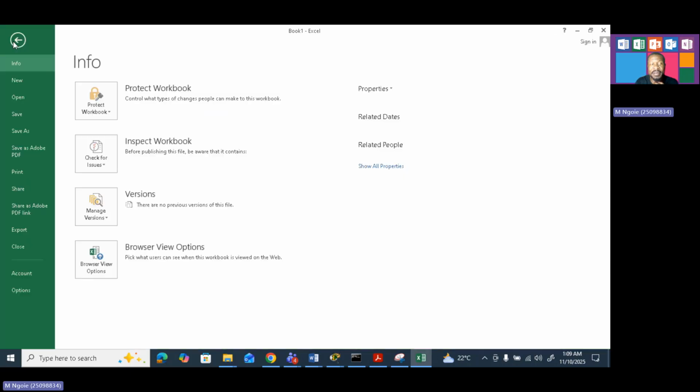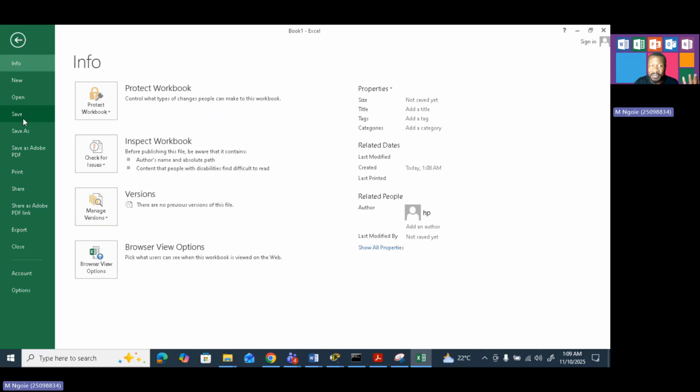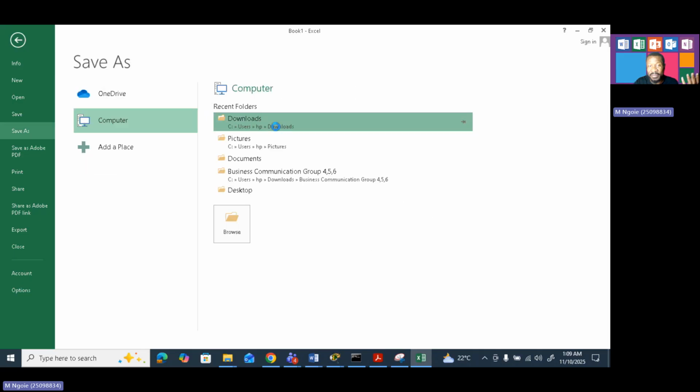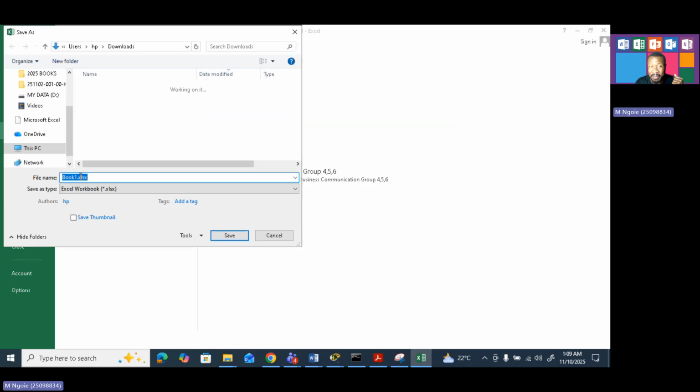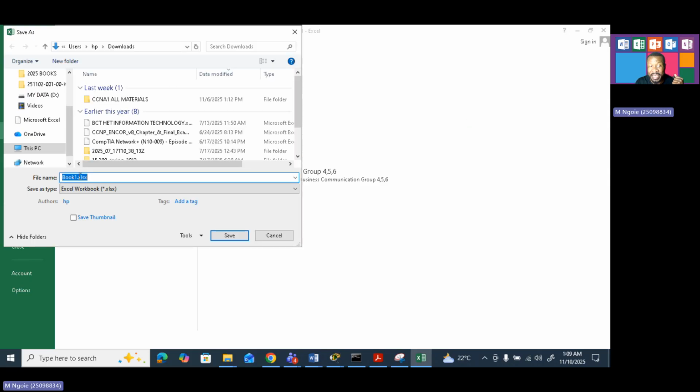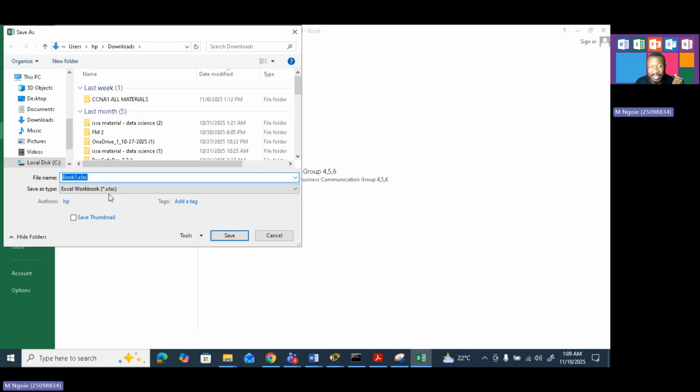You just go to File, you go to Save, and where do you want to save? Maybe I want to save it like under Download. You're going to give it a name, and remember the extension. You need to save it like under .xlsx, right? So this is the extension. You're going to just type your name there. My report, maybe my financial report,